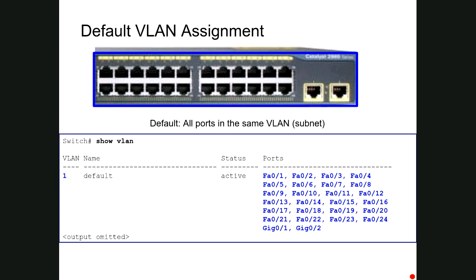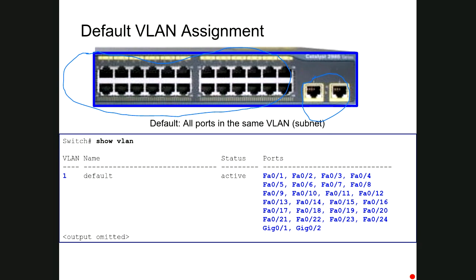So you've got your 24 Ethernet ports, our fast Ethernet ports. We've got our 2 gigabit Ethernet ports. And inside the switch is all the logic and the CPU and the memory, buffer memories and stuff that allows them to all talk to each other in real time, even if more than one host machine is talking at the same time. So if we do this command show VLAN on a standard switch,